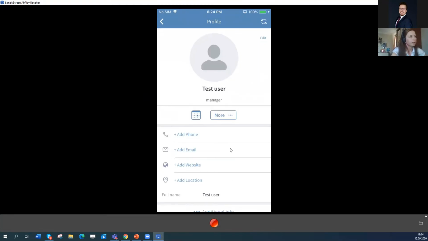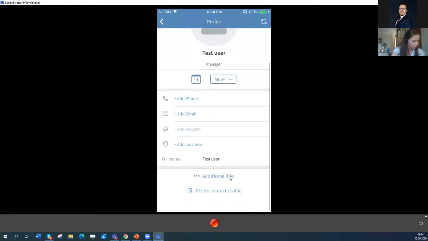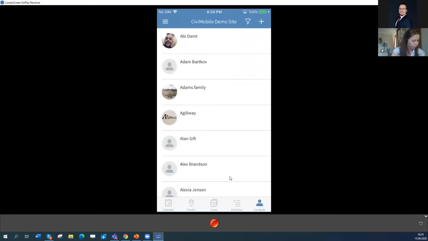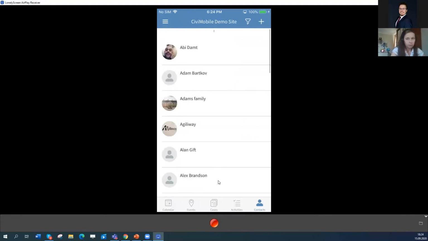Yes, I added main information, but also here we can add phone, email, website, and so on. And check it. So here we have enough flexible functionality for managing contacts, filtering them, adding them, and playing